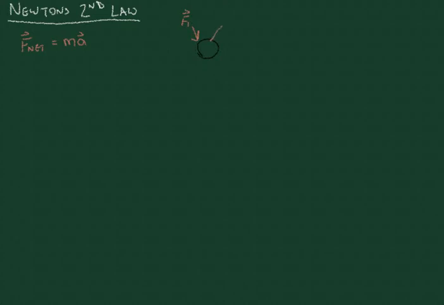Maybe that's colliding with a ball. We have a second force, F2, acting on it. Maybe there's a third force, F3, acting on it, and even a fourth force acting on it. Then the net force, if we add all those forces together, whatever's left, so you can imagine adding